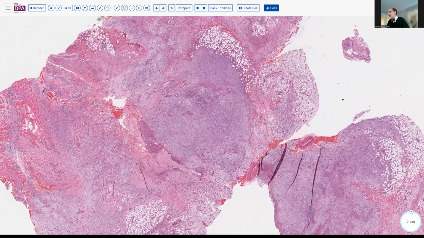Typically, the history on these cases is that there's some recent history of trauma, usually 4 to 6 weeks earlier, some sort of a blow or an accident or something of that sort that preceded this lesion. The other interesting feature about this, and part of the reason I included this case, is that